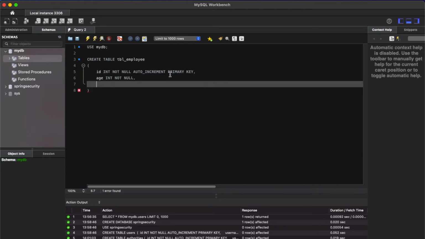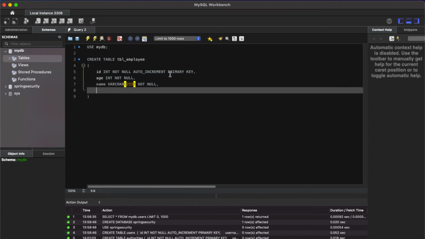And next we are going to add name, which is of type varchar, and I'm going to specify the characters 255. This is also not null.